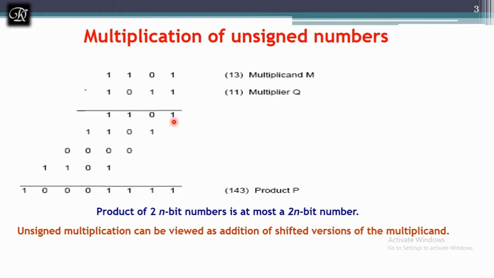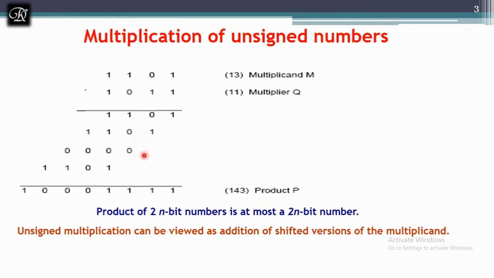Each stage I call a partial product. Next, I shift 1 bit towards the left and take the next bit from the multiplier, which is also 1. Again the answer is 1101, and this is the second partial product.